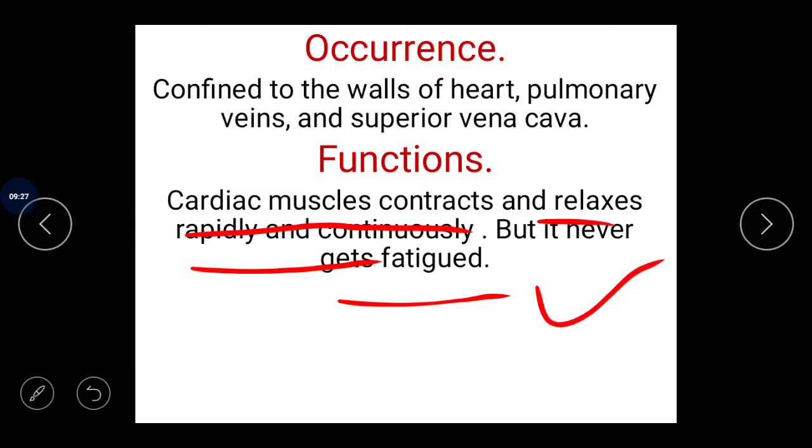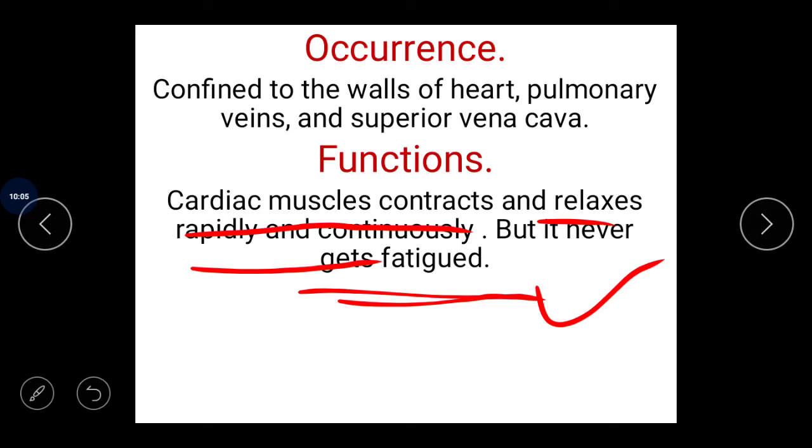And because of this heartbeat, or periodic contraction and relaxation, the supply of essential nutrients is made successful, so that the various cells get their requirements. So it's because of this periodic contraction and relaxation of the cardiac muscles. But they never get fatigued, and they don't stop working,